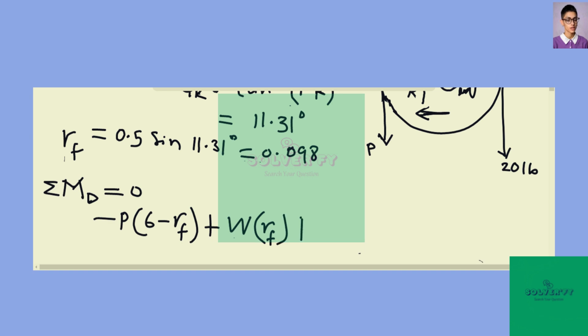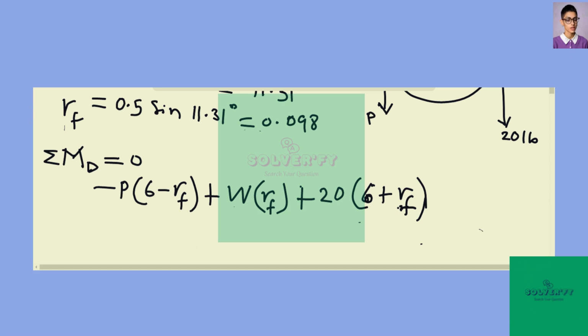plus the 20 lb load. The 20 lb load will go through a distance of, it will gain a distance of, the normal 6 inches plus the r_f that we have gotten. So you can now plug this into your calculator and have your answer. Do your manipulation, make P the subject of the formula, you arrive at 122.35